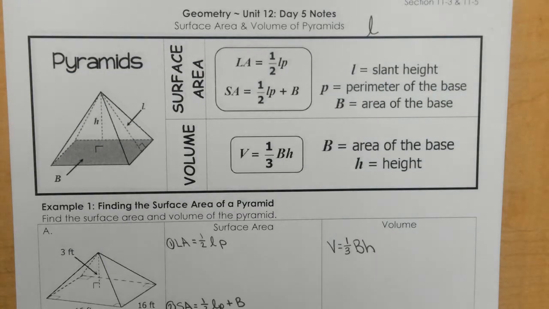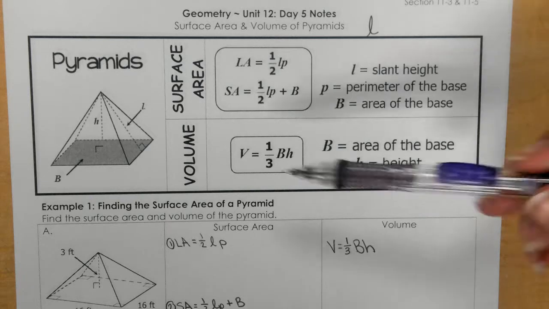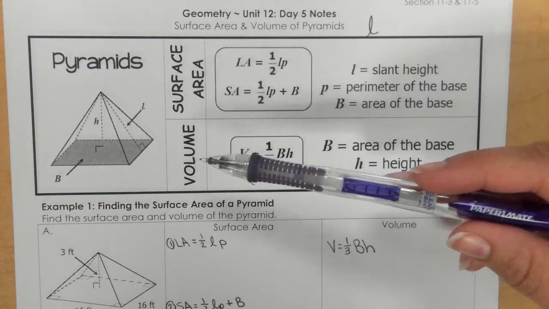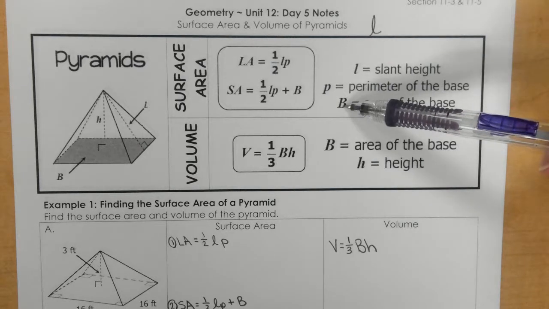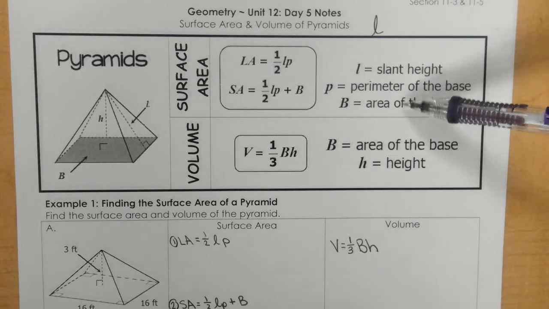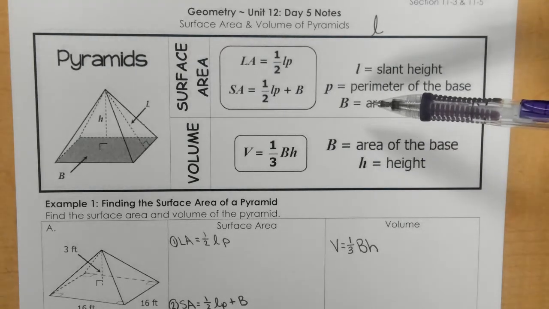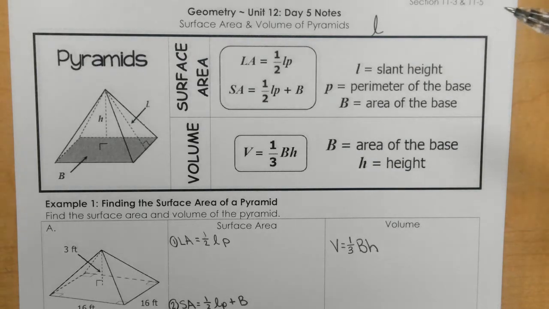And then we have the perimeter of the base, so it's nice if it's a square. If it's a rectangle, we can still figure out the perimeter of the base, add all the sides. And then the big B stands for area of the base again. So none of the variables are really anything new or different. It's pretty much the same stuff. So now,